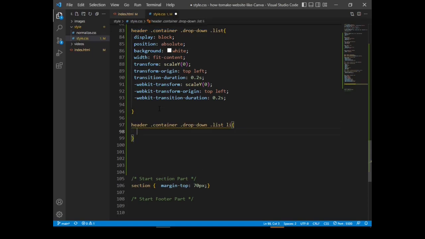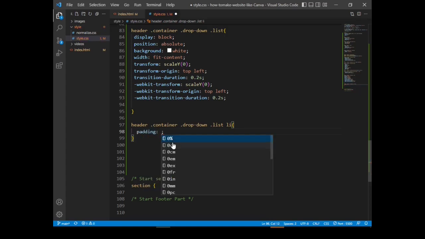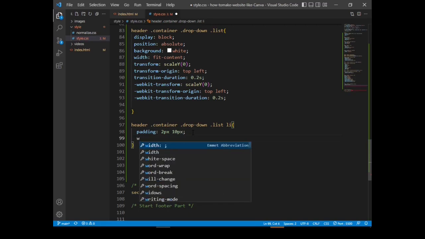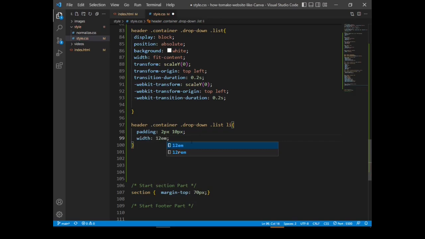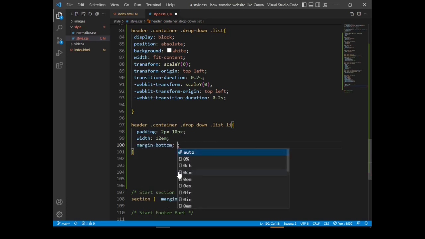Let's set the padding 2 pixels, 10 pixels. Let's set the margin bottom 5 pixels.